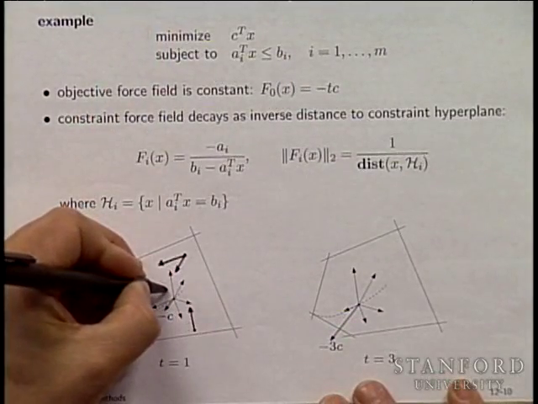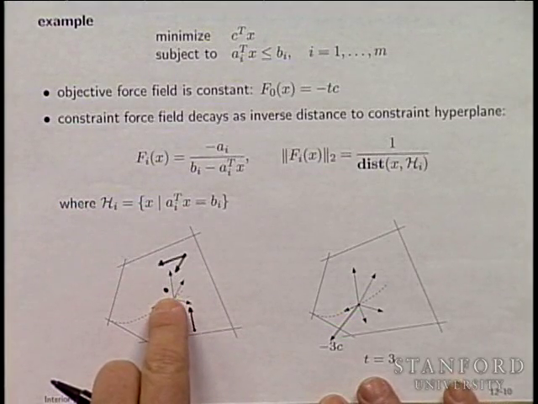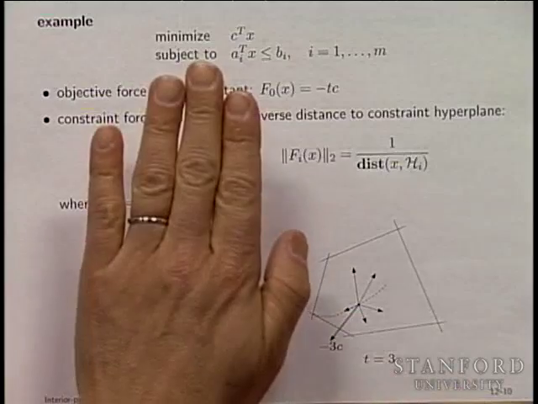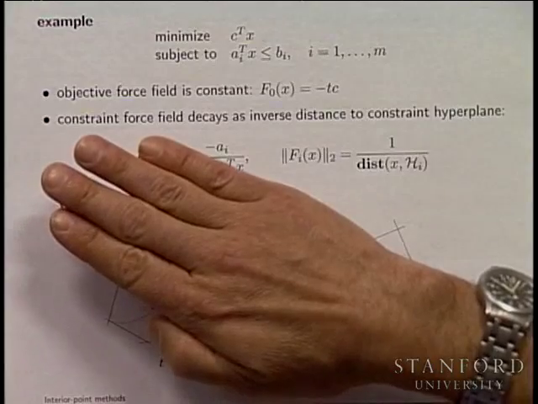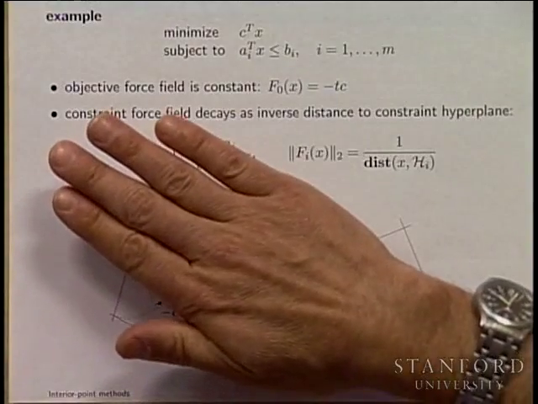And what happens now is the particle will settle to the analytic center. That's where all these forces balance. It'll be a point there or there, I don't know. It's somewhere in the center, right? Now, actually, all I have to do is this. That's C. Let me see if I can get it right. Okay, so here's what you're going to do. Take this page and start tilting it,